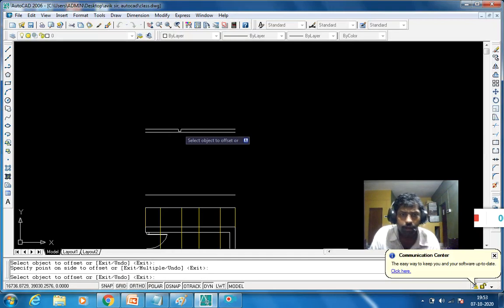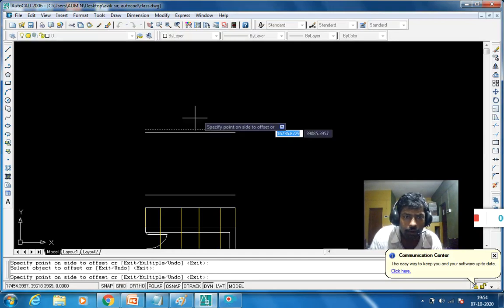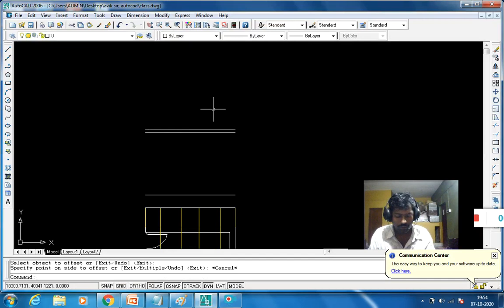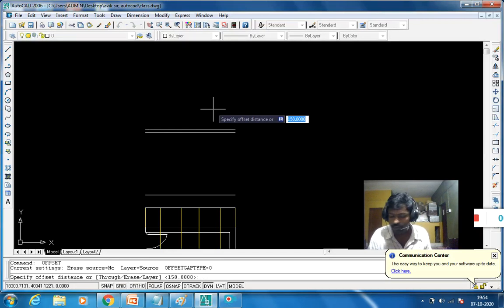Then again I take the offset, that is 75 mm.